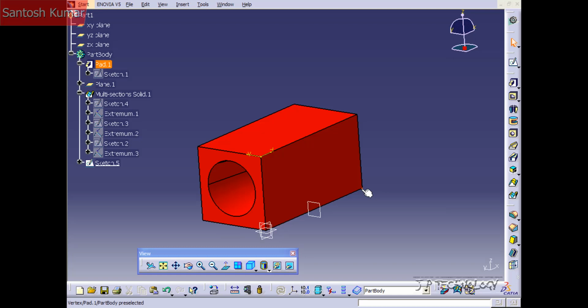This is tutorial number 58, and it covers advanced remove multi-section solids within CATIA v5. To start off, open tutorial part number 58 up, which is located on the DVD. Now again, we're going to be using the removed multi-section solid, which is the tool that we've been using in